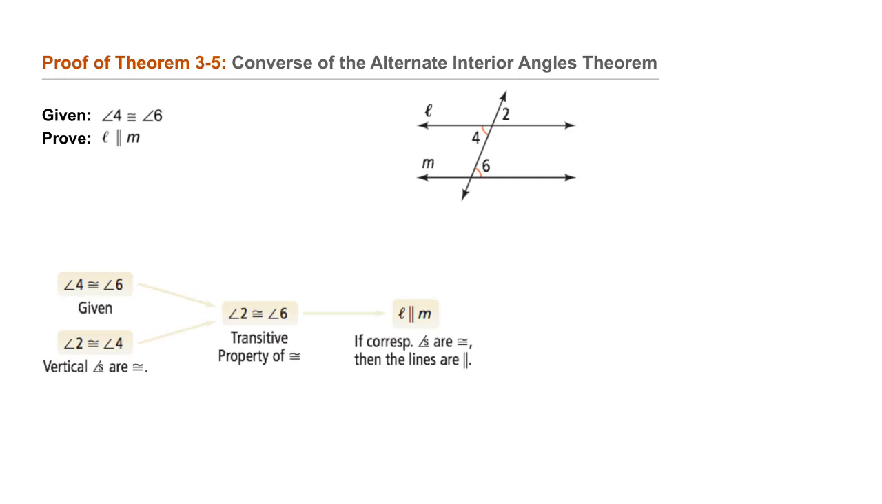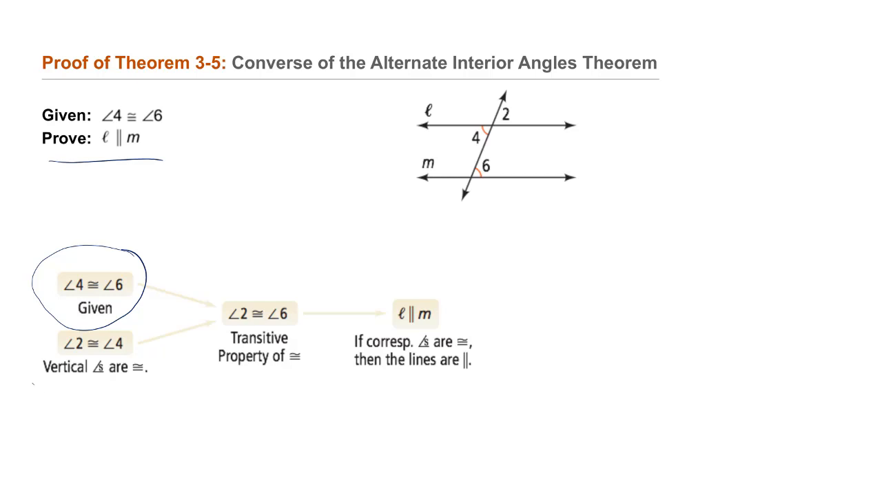Here's the proof of Theorem 3-5 as a flow proof. Remember, this is the converse of the alternate interior angles theorem. And here we're given that angle 4 is congruent to angle 6. So these are alternate interior angles. Our job is to prove that line L is parallel to line M. So we have our given information